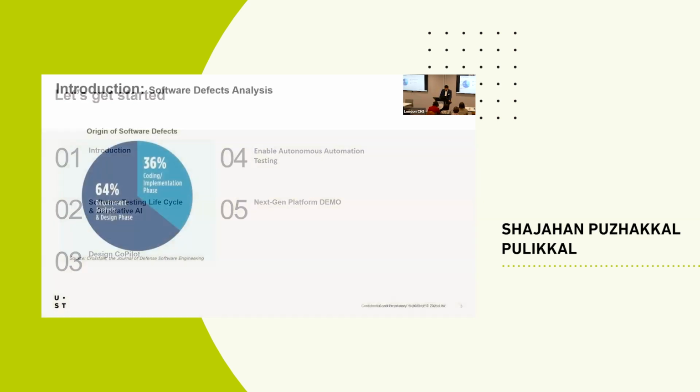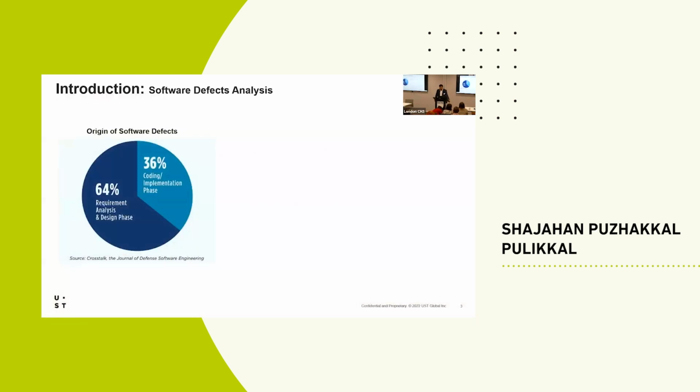From the software defects analysis, we all know this across multiple phases of testing. Basically the root cause, the origin of the defect, is from the requirement analysis and design phase, that is 64%, taken from cross-tracks or different forums. That is the area where we can see more defects originating from, about two thirds. And then one third comes from our coding, the development and implementation of the software development activity.